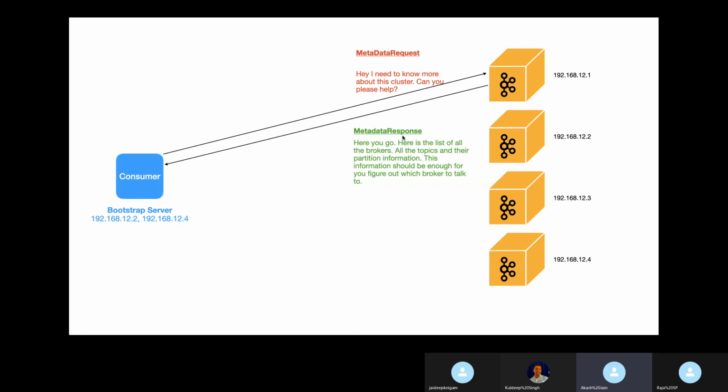For each of the topics, it is going to list all the partitions, and for each partition at that point in time, whoever is leading that partition, that information is also provided, besides some other metadata. Now, once the consumer has this information, we can imagine that it now knows which node within that cluster it is supposed to go and talk to.